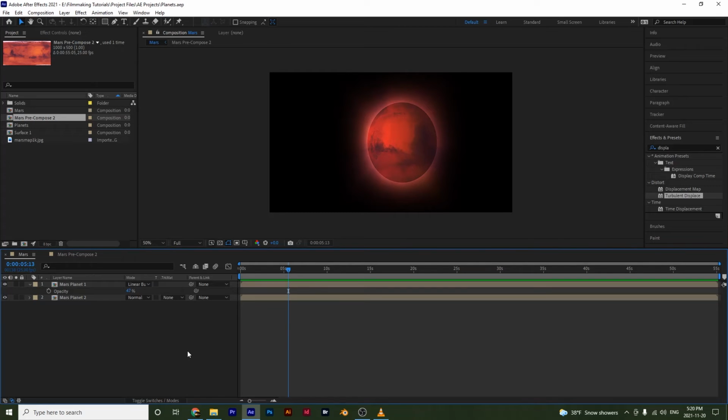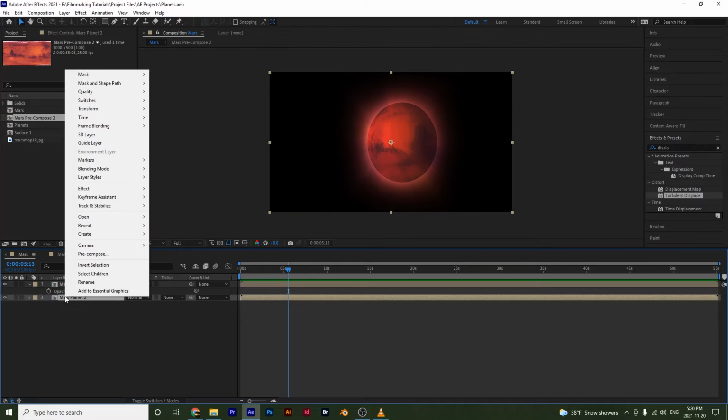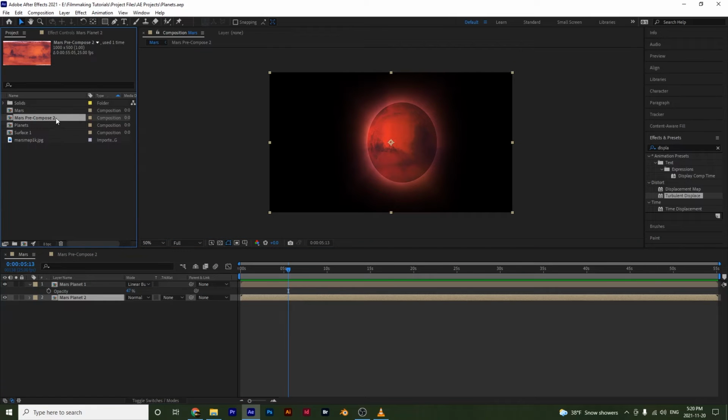All right, so now what we're going to do is add a border to our planet. So I'm going to select down here, right click, and then find where this is in my project panel. So right here. And I'll rename this Mars Planet 2. And then I'm going to duplicate this guy so that I have Mars Planet 3. And after that, I'm going to rename this, and I'm going to call this Turbulent